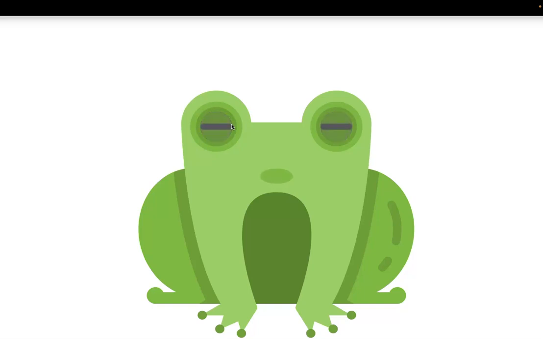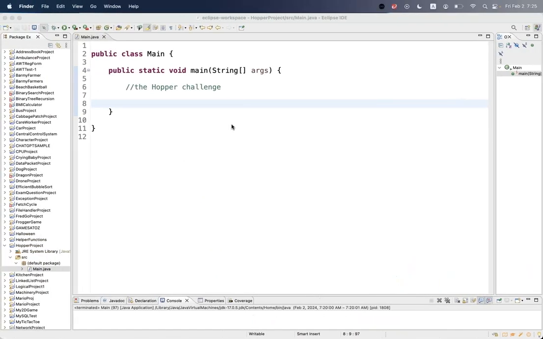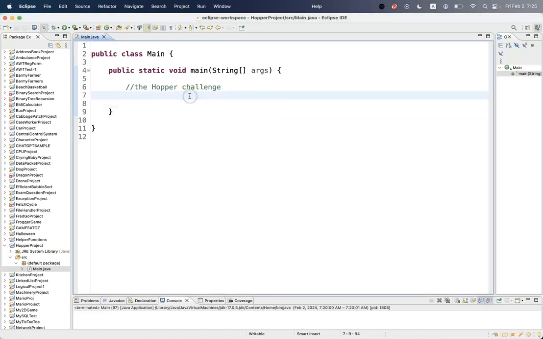Today we're just going to look at an example of how to design a class and instantiate an object or two by using the class. Okay, so we're going to start by designing a game called Hopper, the Hopper Challenge. And let's start by doing this without